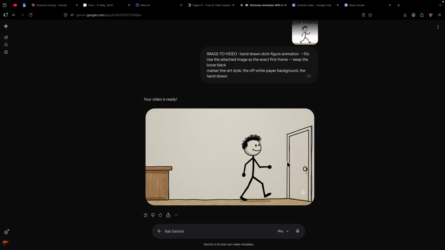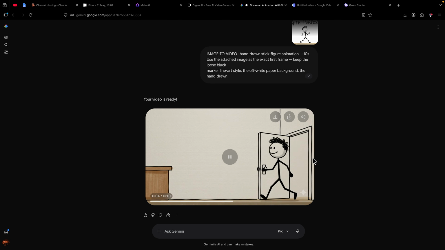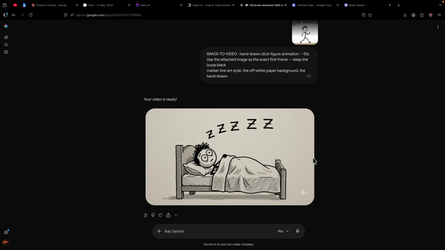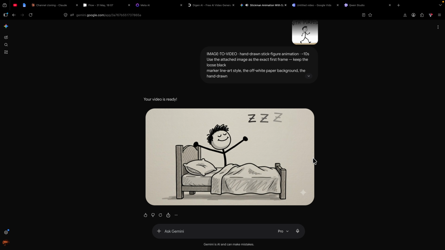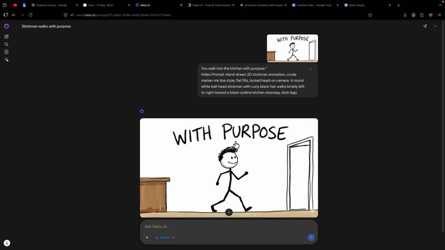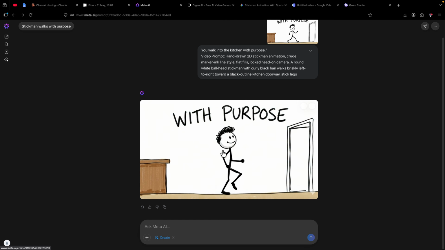Good. The motion's a lot smoother. Only thing is the character kind of walks through the room, and I don't know why, but overall Gemini gave the best output of the bunch, so I'm giving it a 6 out of 10. Now Meta, here it looks like the character's on a treadmill, just moving in a static position, but at least